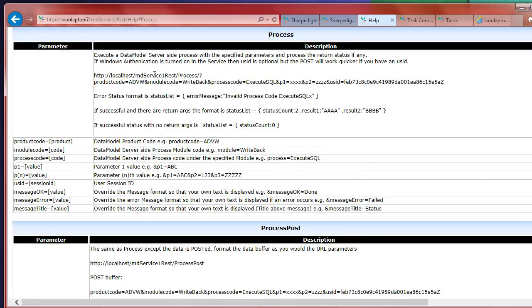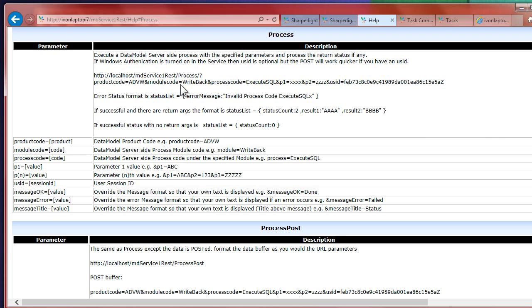You can see here that it gives you various parameter examples, but basically what you want to do is create a URL that calls the process, and it puts in the data model code, the module code, and the process code, and then passes in the parameters, where parameters are P1, P2, etc. We also need a session ID, because obviously we don't want to call processes without knowing who they are. So if you generate this URL